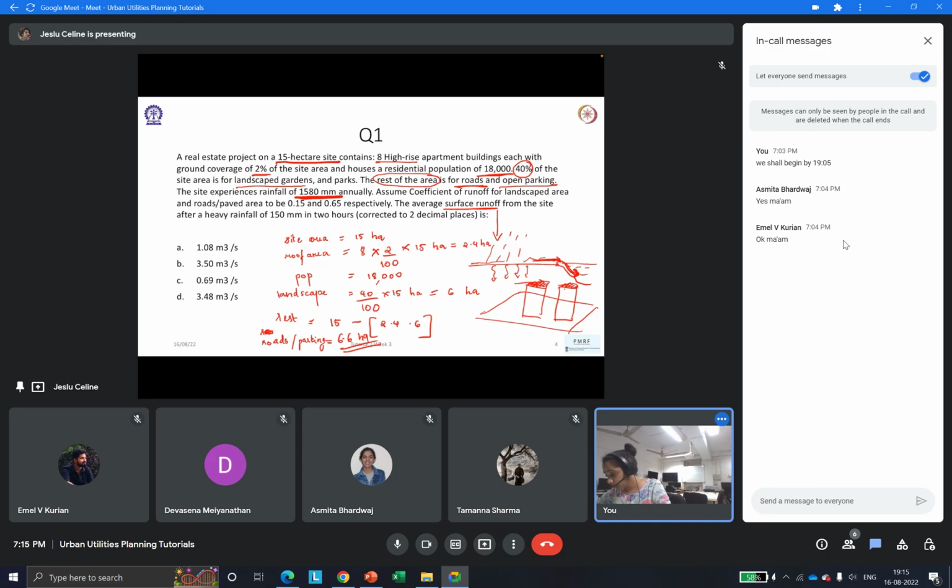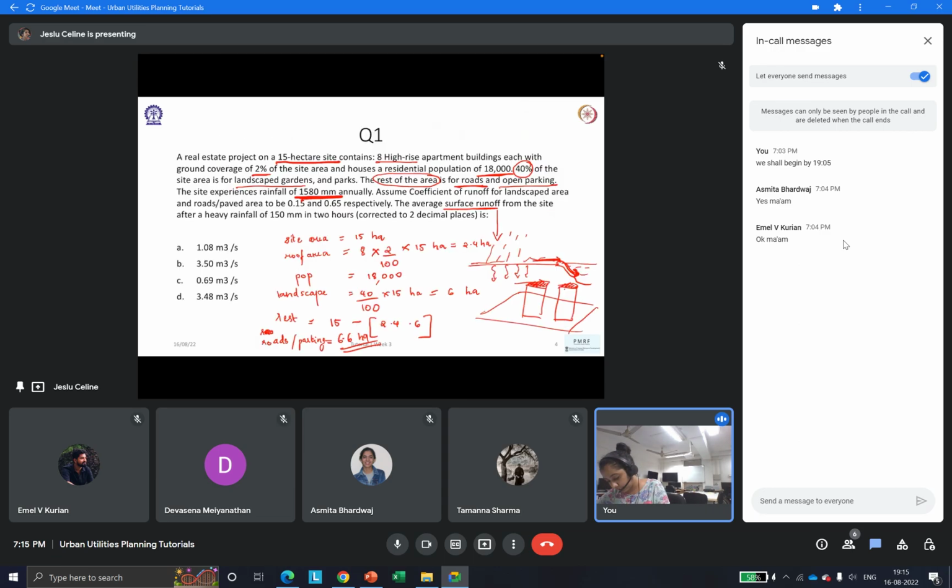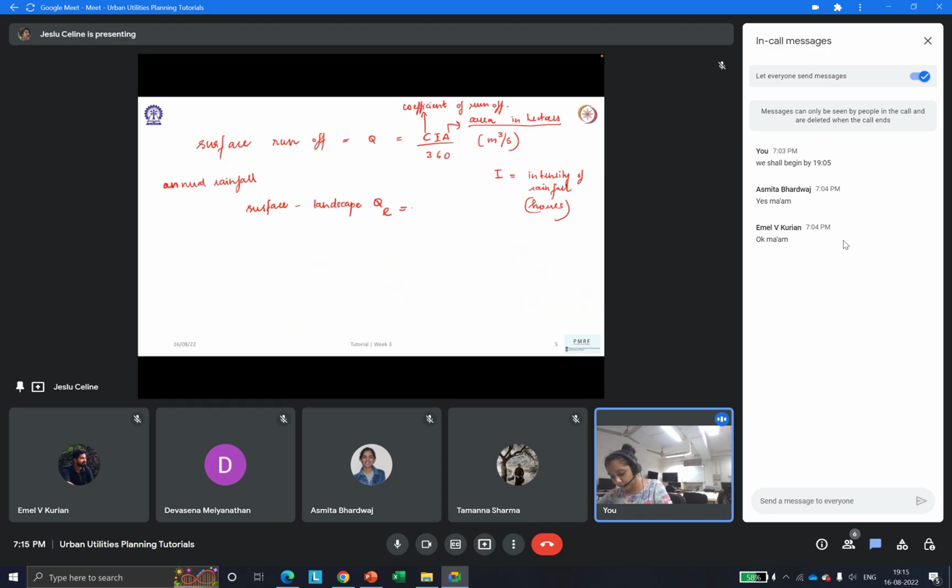So let's go with the surface runoff for landscape area. For the first one, I'm just going with the landscape area, QL, landscape area. I'm just plugging in the formula. So let me just go back for landscape area. It's 0.15, which is given. For landscape area, the coefficient is given to be 0.15. So I'm just putting it here, 0.15 into the intensity of,